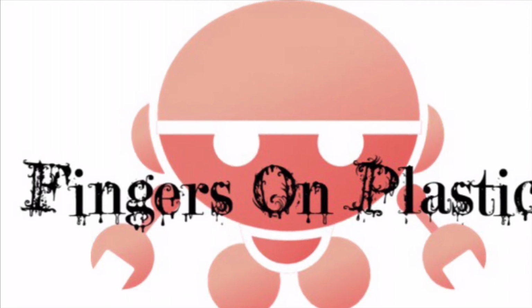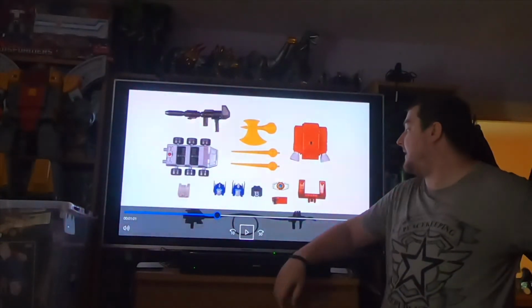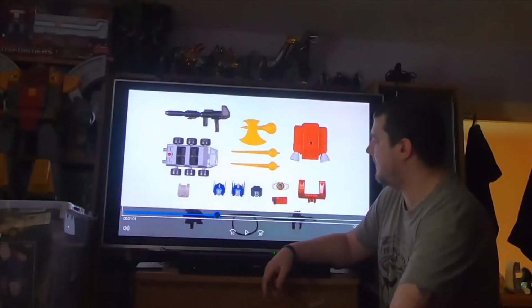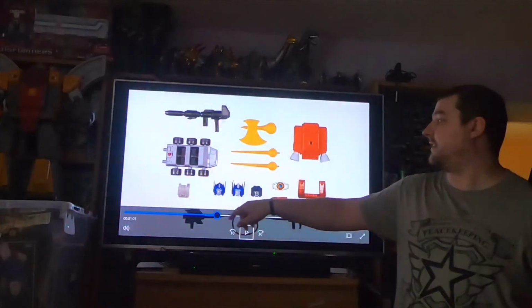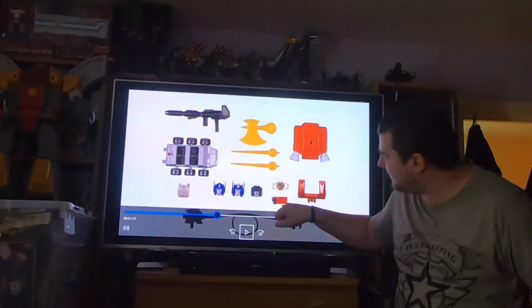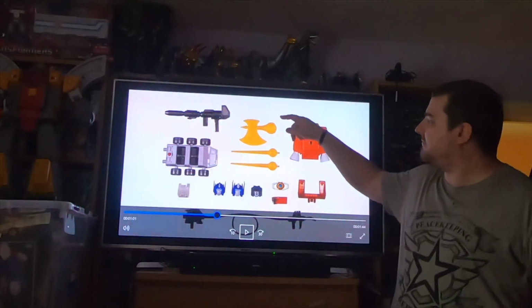Robots. So these are the accessories. You can't see there's the hose thing there. Regular head, battered head, Starscream, Matrix. Not 100% sure that is some sort of clip. Battle